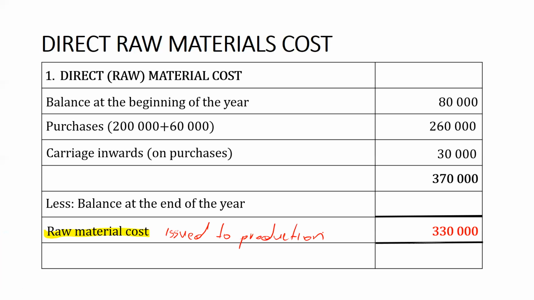But normally to get this value, we take our total cost and then we minus raw materials at the end of the year, which we didn't have. So the question is, how do we work out raw materials at the end of the year? You will simply take the 330 and then you minus that 370,000. It will give us raw materials at the end of the year, which will be 40,000. This 330,000